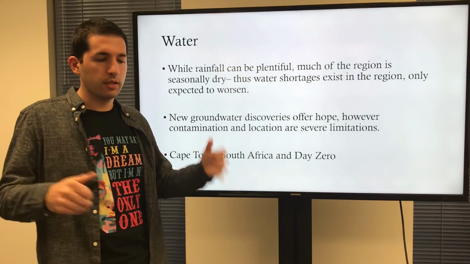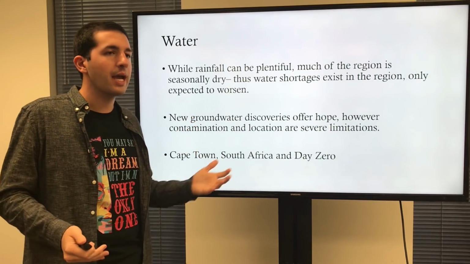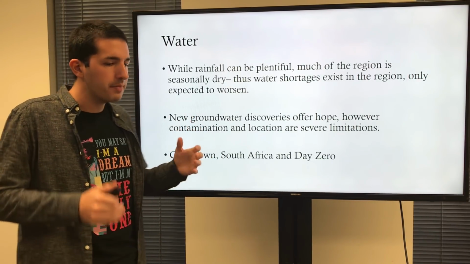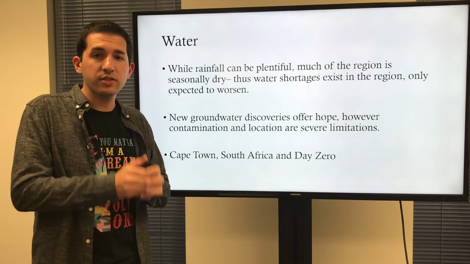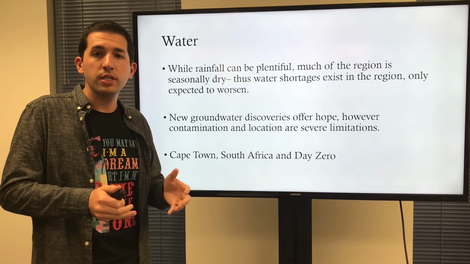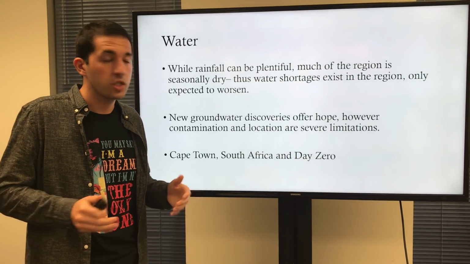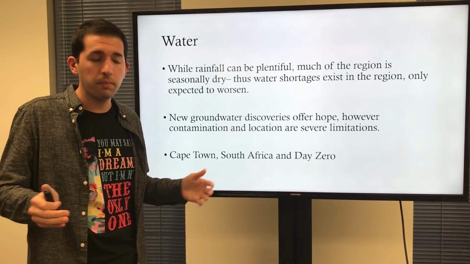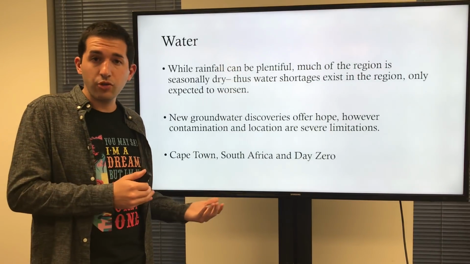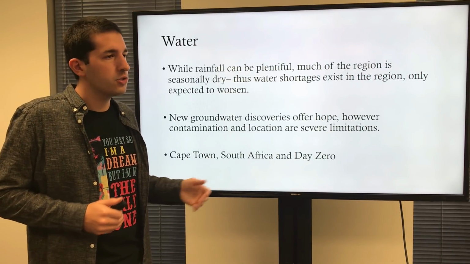Day zero, that's a term being kicked around, day zero. What does that mean? Well, day zero is the time they put on the city of Cape Town, South Africa, the largest city in the country, that they'll run out of water. Just going to simply run out of water. Millions of people running out of water because it's a drought-stricken area.